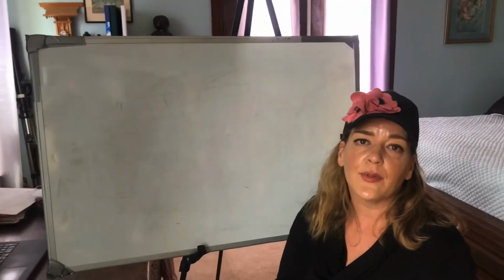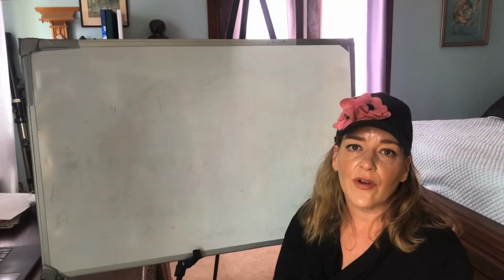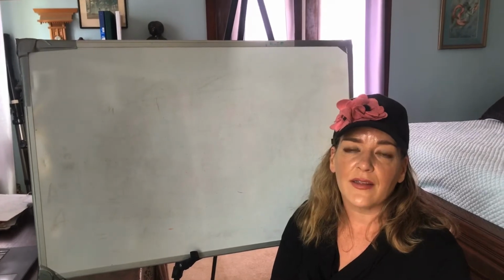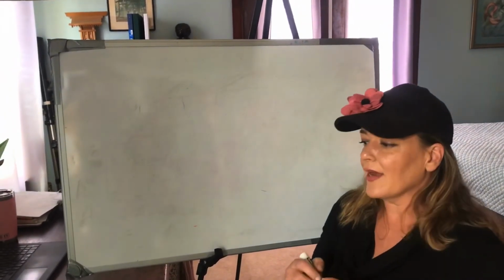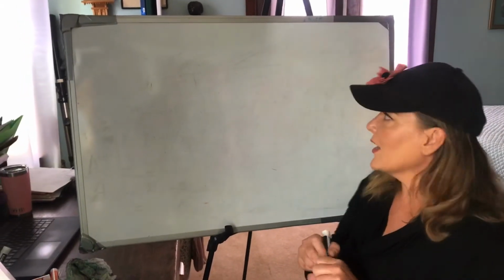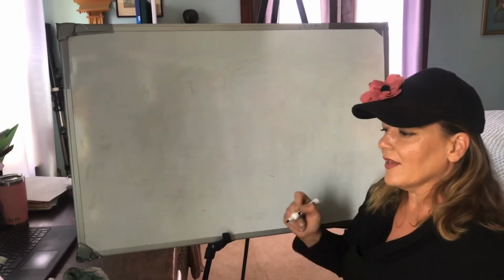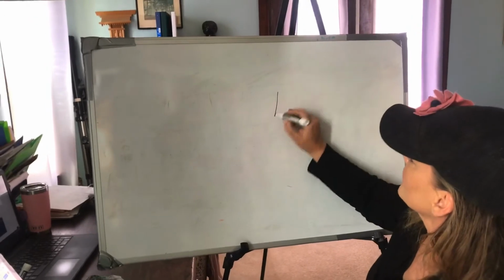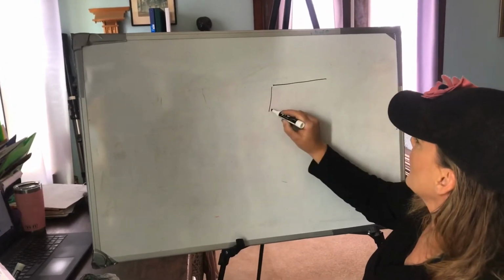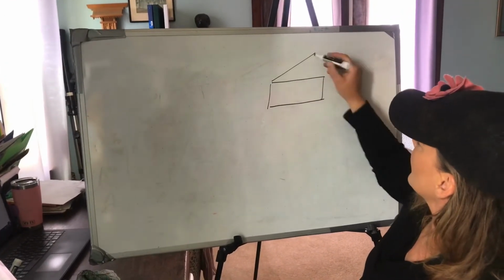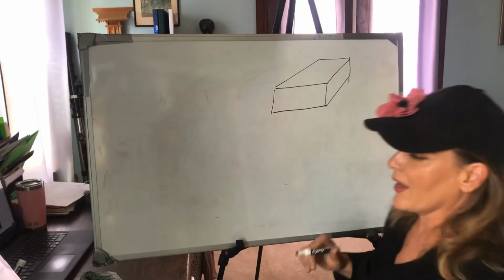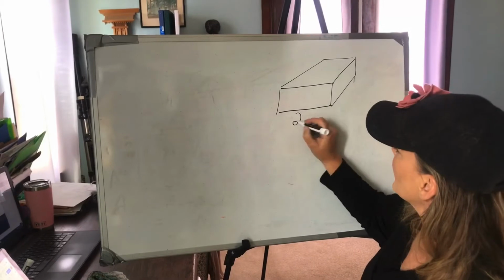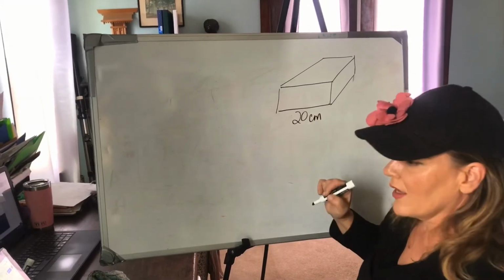The last example is one in which you're given the volume and you need to find the missing dimension or the missing length. So the example is Alexandra is making a chocolate cake for her family. The cake is a right rectangular prism. So when you're making a cake, right, you have a cake pan. Here's her cake pan. Okay, we're given the cake pan, and we're told that it's 20 centimeters wide and it is